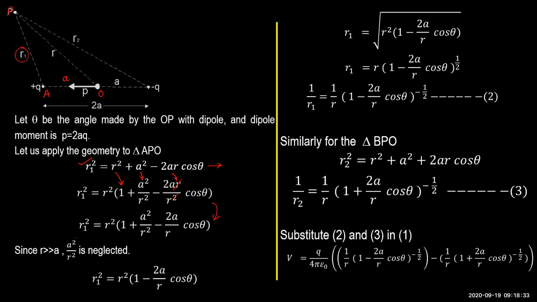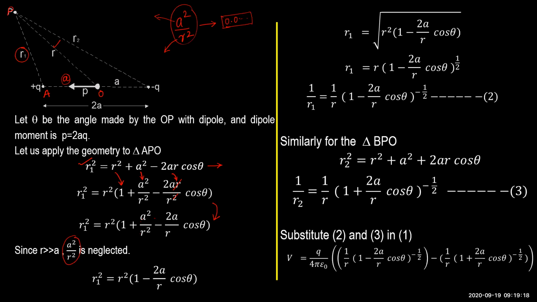When we compare the distances, A is very, very small and R is much bigger than A. Therefore, if you take the ratio A square by R square, that ratio also will be very small, because we have a very small number in the numerator and a big number in the denominator. When you divide, the result is very negligible, like 0.000 something. Therefore, this A square by R square is neglected in the previous equation.